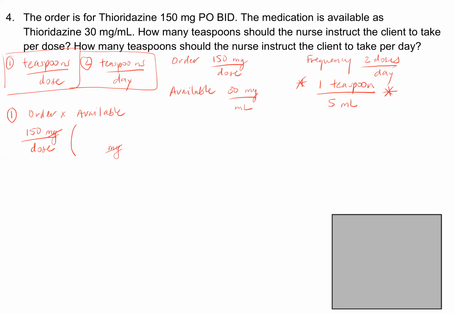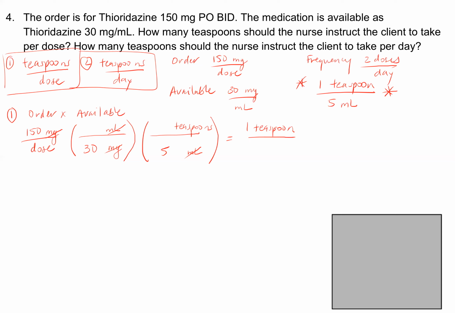So milligram in the denominator, mL in the numerator. Fill in your numbers. And go ahead and include the conversion. So it'll be mLs in the denominator, so mL units will cancel. Teaspoons in the numerator. Fill in your numbers. So we get 150 divided by 150 is 1